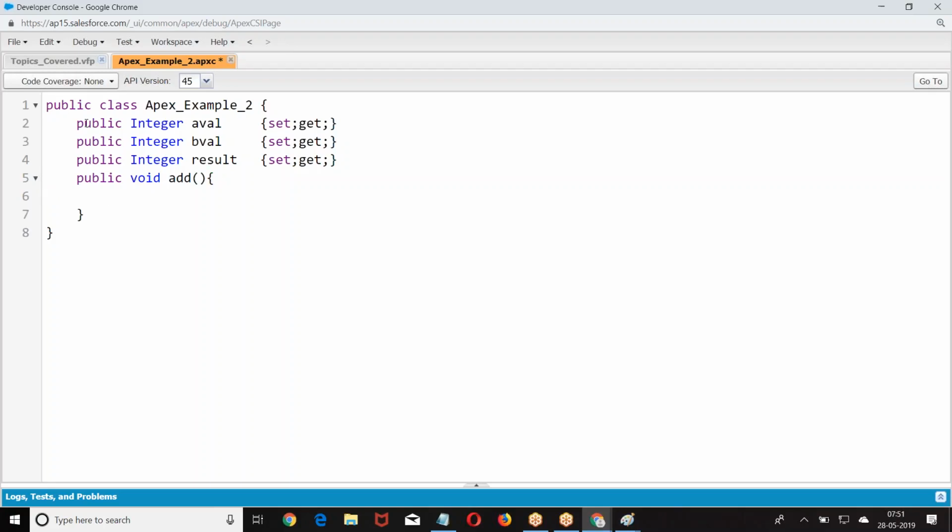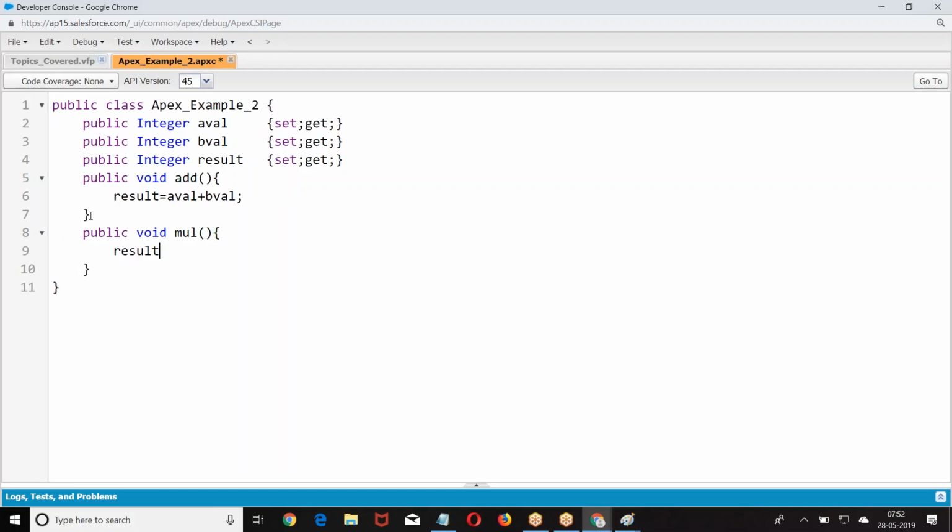So I have a method called add. So it's a method. When you call this method, when you say reset, A value equal to null.